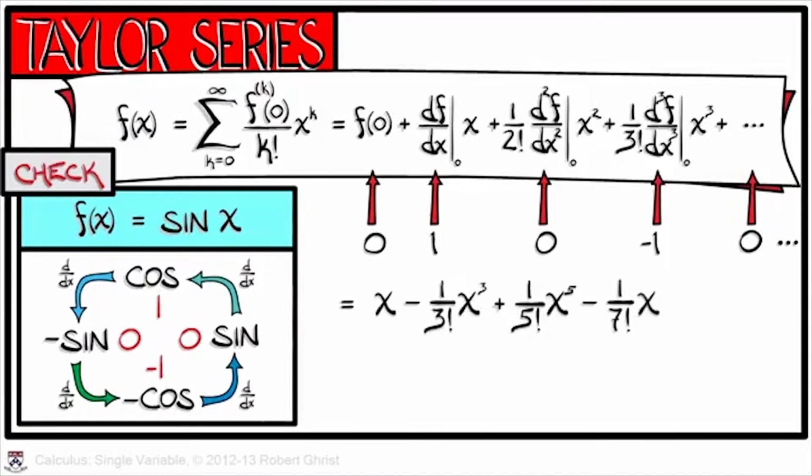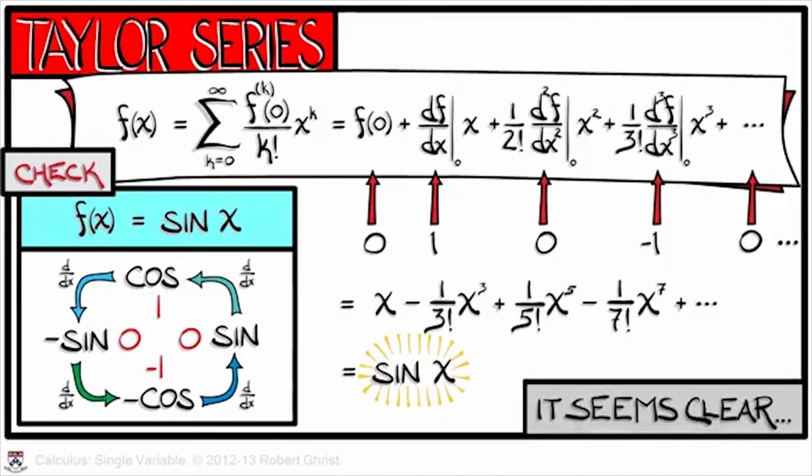When we write out the resulting Taylor series, we see, once again, the familiar form x minus x cubed over 3 factorial plus x to the 5th over 5 factorial, etc. This is the expression for sine of x. It seems clear that this ought to work in other contexts as well, but